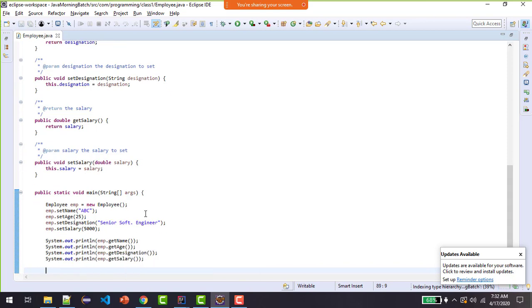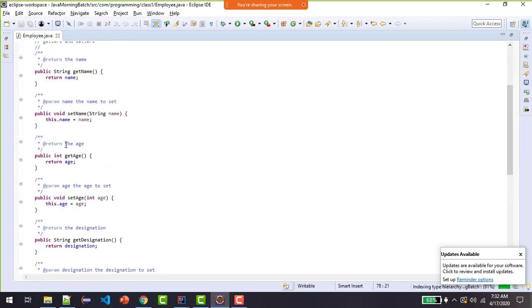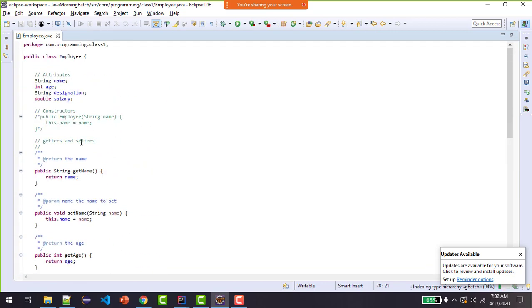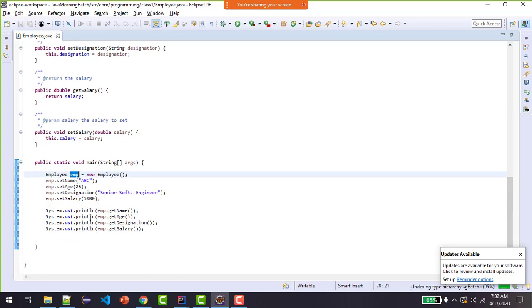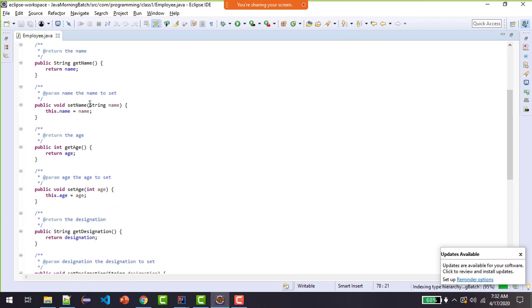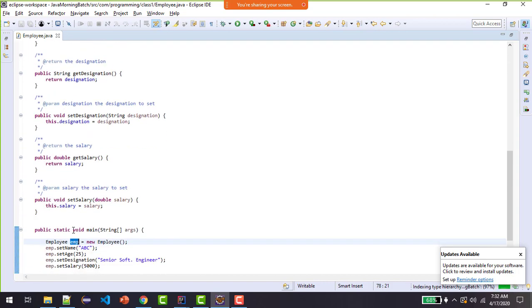So this object exhibits the properties and behaviors which are defined by my class. This object that I created exhibits the properties and behavior which are being defined for our class. And a class contains the fields and method to describe the behavior of an object.